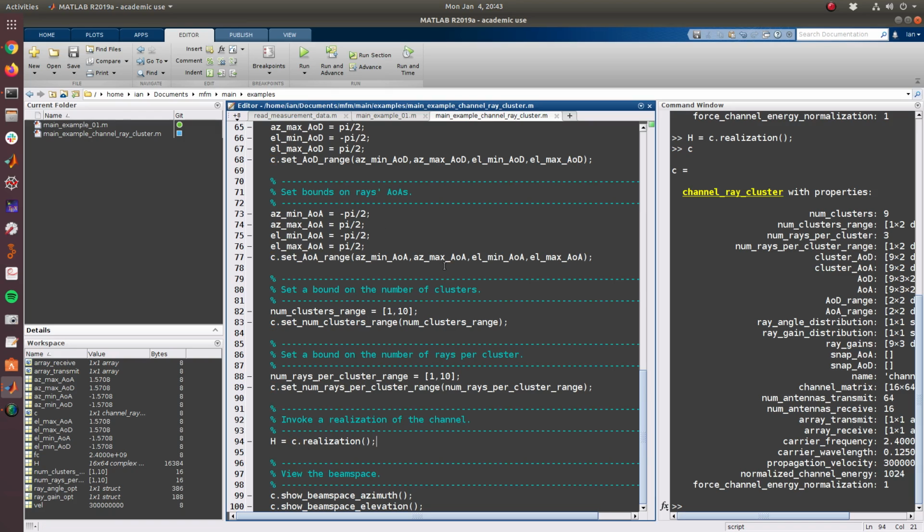Okay, so this concludes the array cluster channel object. For more information, please visit the